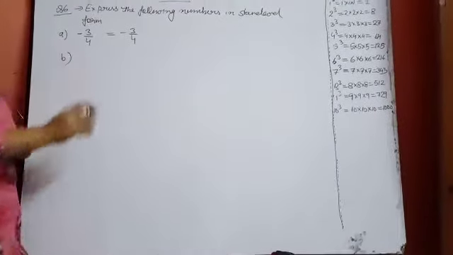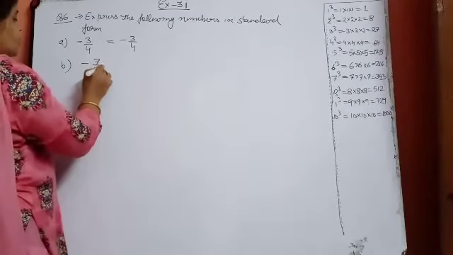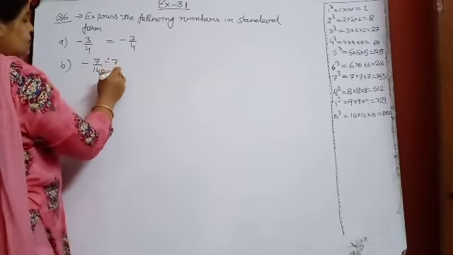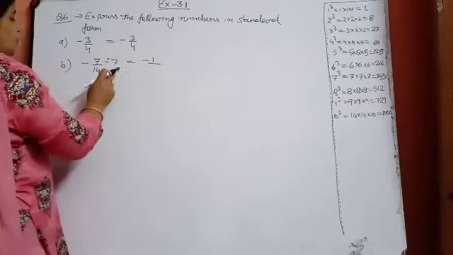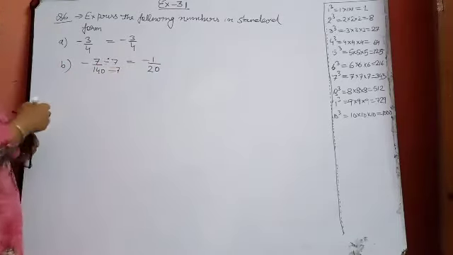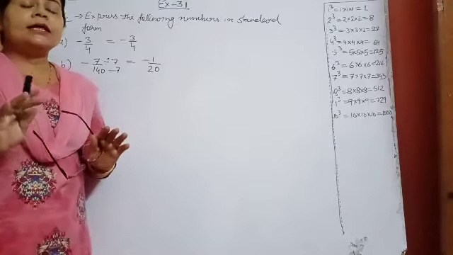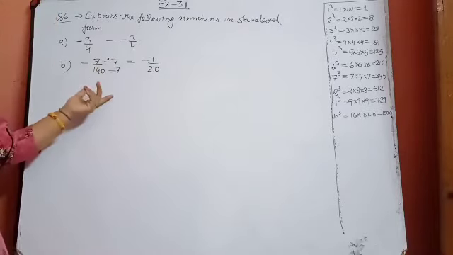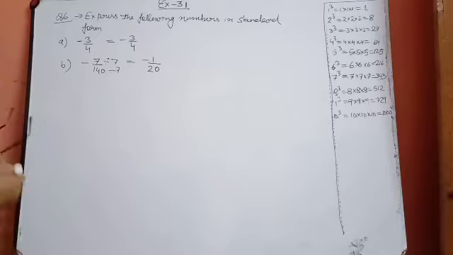B part, see that. What is B part? Minus 7 upon 140. You can see that both numbers are divisible by 7, so you can divide by 7 and 7. If you divide 7 by 7, what you will get? 1. If you divide 140 by 7, 7 twos are 14, so 1 upon 2. So it will be its standard form. It means standard form and the simplest form are the same thing. There is no difference between them. On these kinds of questions, I already discussed in the last class. In this way, one more part I am doing, and then afterwards you can do the rest.